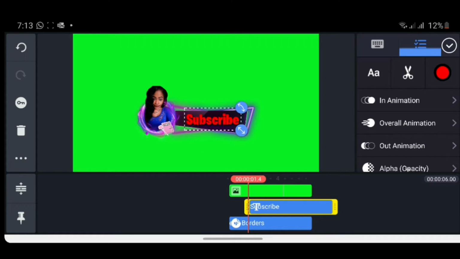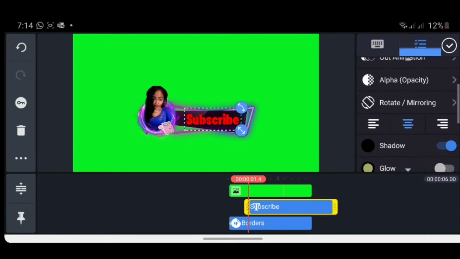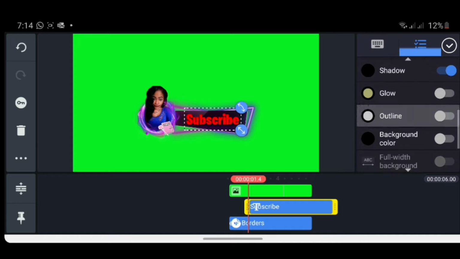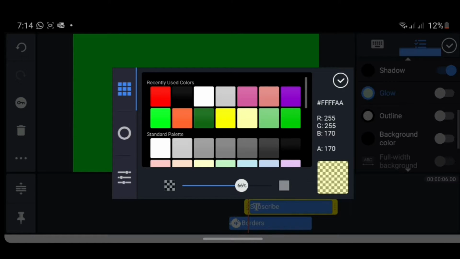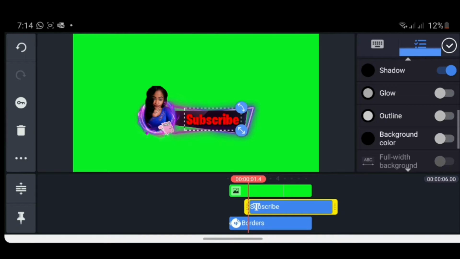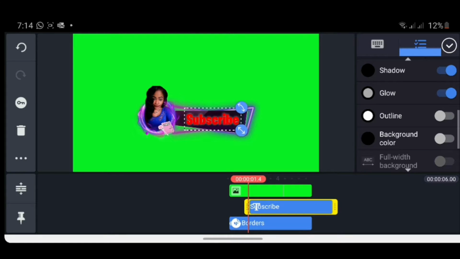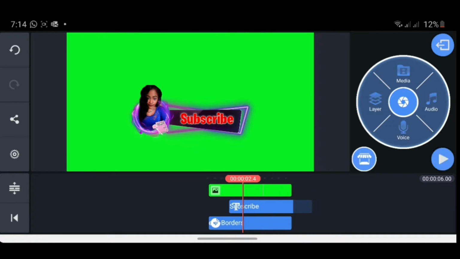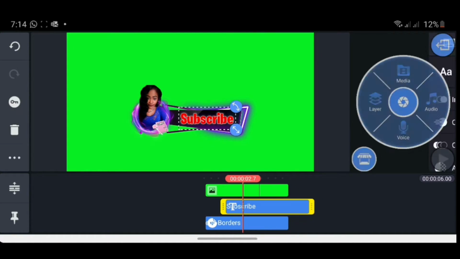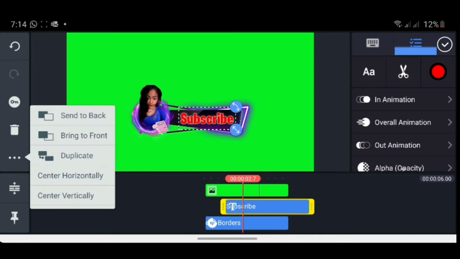I'm just gonna scroll down in the taskbar, and when I scroll down I am going to add like a shadow or outline around it so the red stands out more. So I'm adding glow, and white outline. So I'm basically playing around. You can play around with this part too, guys. So yeah, so now I'm just kind of seeing how that looks,